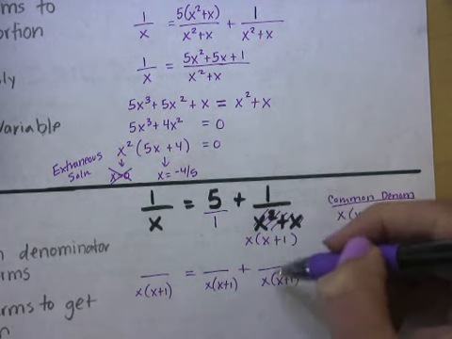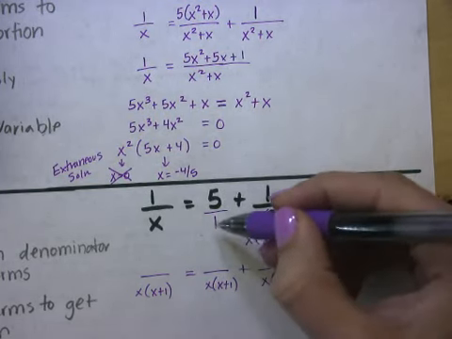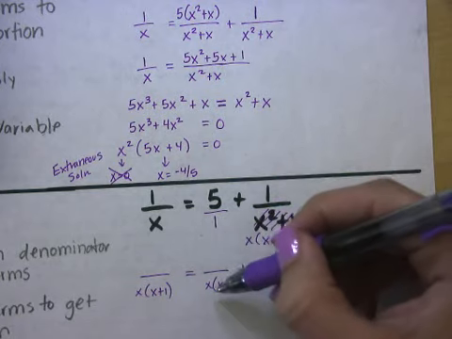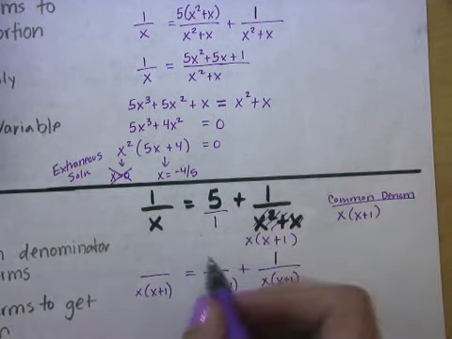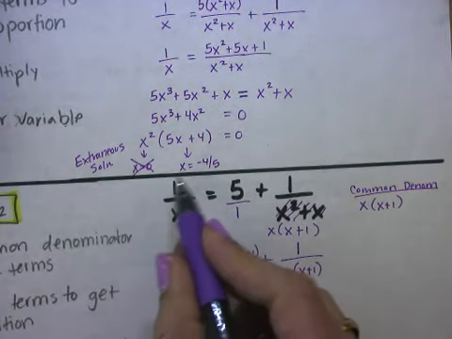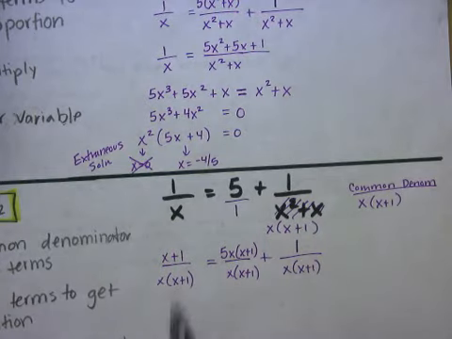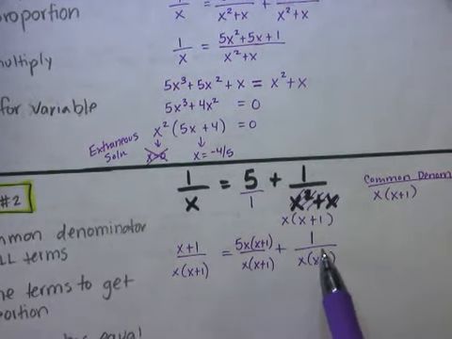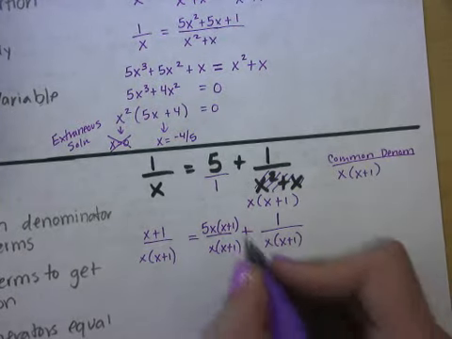So the first fraction they have the same denominator, so the top stays the same. For this fraction, I have to multiply the top and the bottom by x times x plus 1, since this guy has none of these factors. So this would be 5 times x plus 1. And this guy is only missing a factor of x plus 1, so I can multiply this times x plus 1. Now we still have 3 terms, but what we can do now is, because these 2 are being added